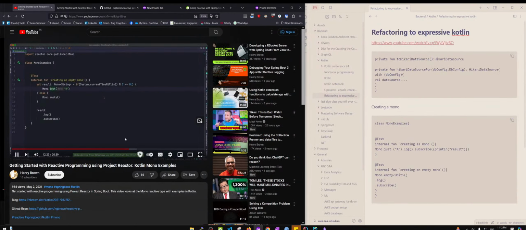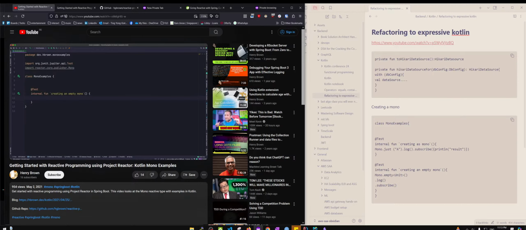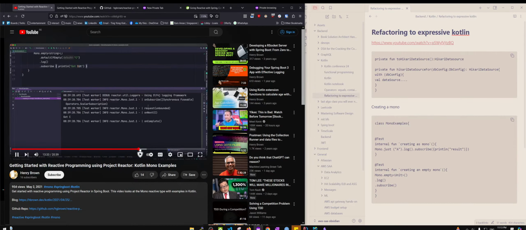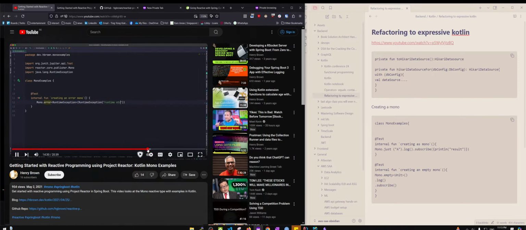Of course, there's something more that you can do with an empty mono rather than something like this. We can actually change the mono to provide an alternative value if the mono happens to be empty. Okay, and then once I've created that exception, I can go through the normal